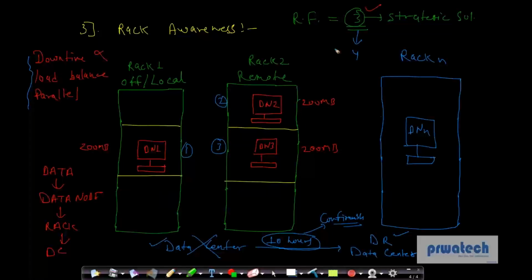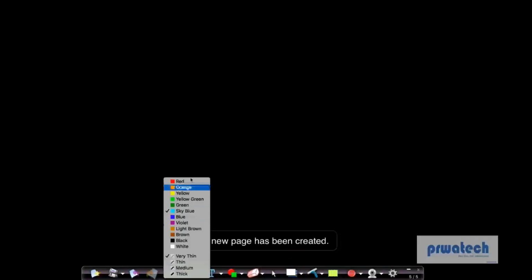So this is why the replication factor is 3. If anybody asks you why the replication factor is 3, you can answer with the rack awareness concept. This is how we keep the data and how the whole data center hierarchy works. One more point I forgot to mention about the name node and metadata: here in this point we'll see why